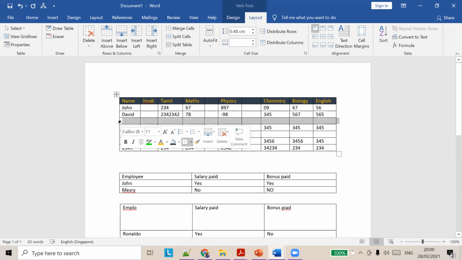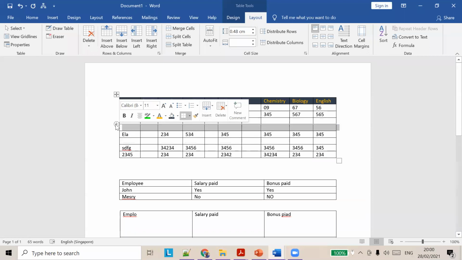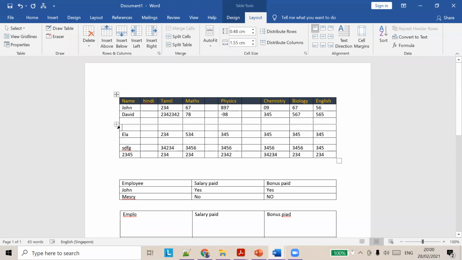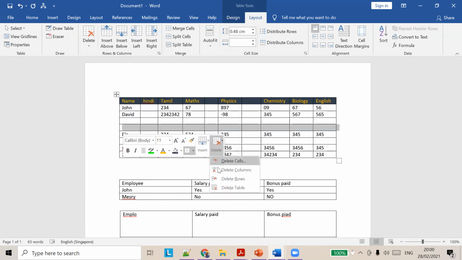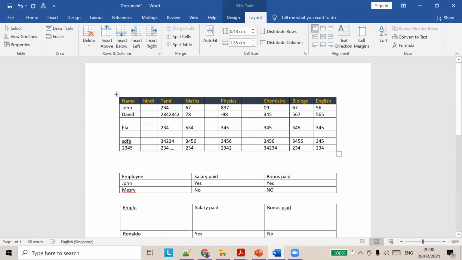So this row is empty. So what I did is I double click. Do you see this arrow here? So when I see this arrow, I'm going to double click this thing and you can see the whole entire row selected. I can right click it and I say delete. And if I say delete row, right, the entire row will be deleted.